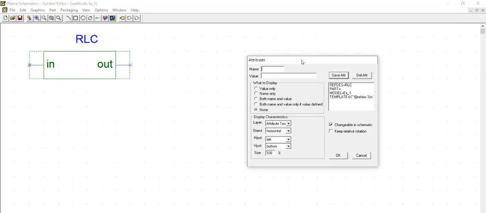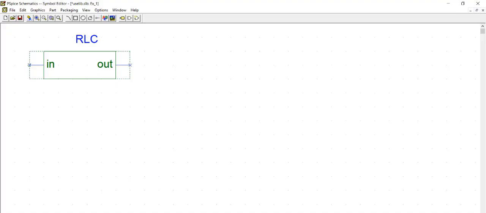Now in the next part, we are told to name the attribute as part. We have to select here and write here part. Okay, and that value is ex1, the name of our file, and select save all, and then select model, and here it is already ex1, so it isn't a problem. But if you don't see any name at the value, select ex1 and also save all, save attribute, sorry, and then save.